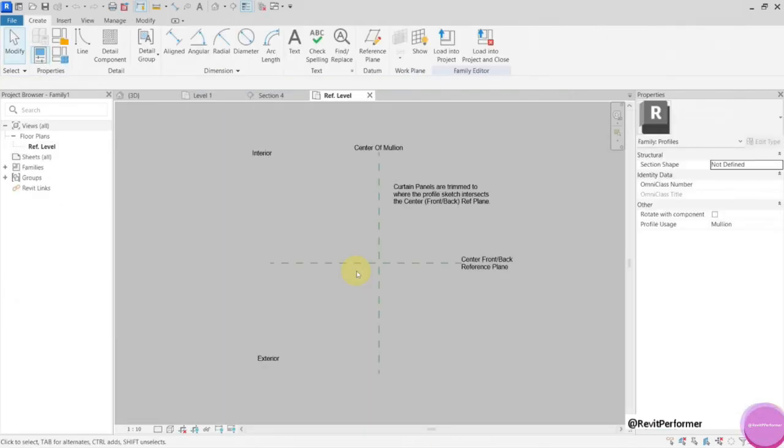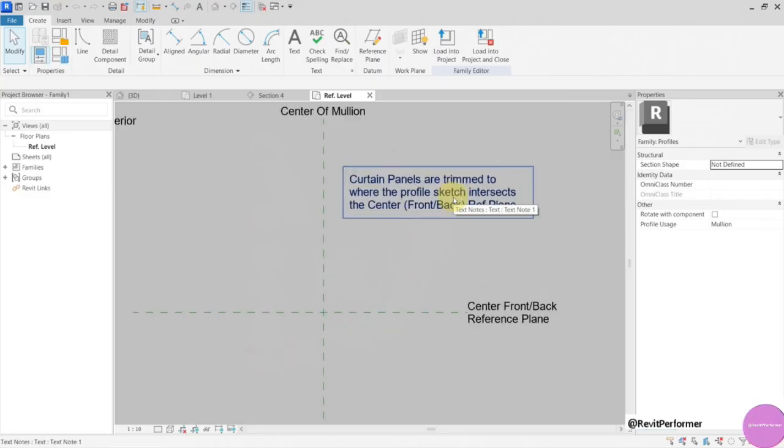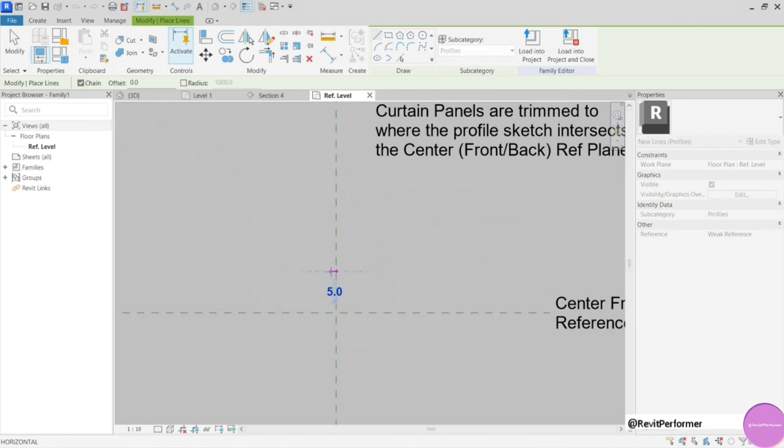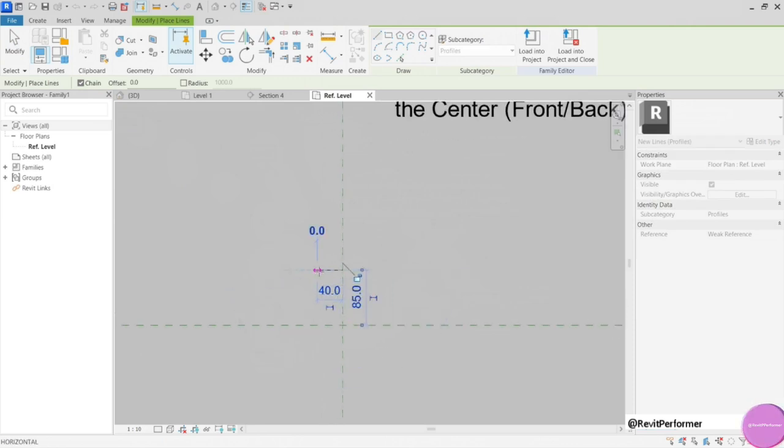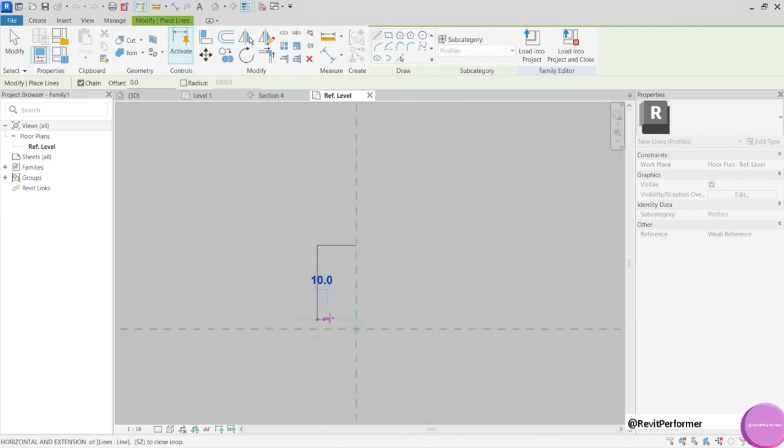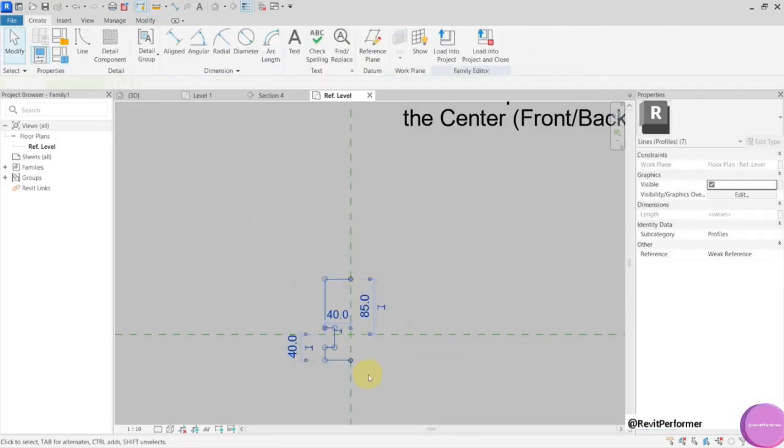Okay. Now you can see this is the interior side, exterior side. Curtain panels are pinned to where the profiles get inserted. This is the center of the mullion and the center front back reference plane. So if I go here now and just draw my new mullion super quick, let's do something like this, just by eye.